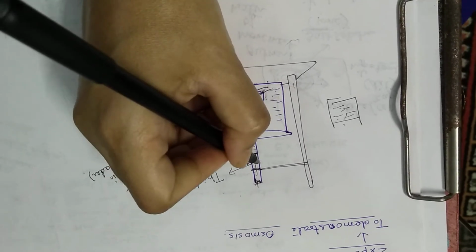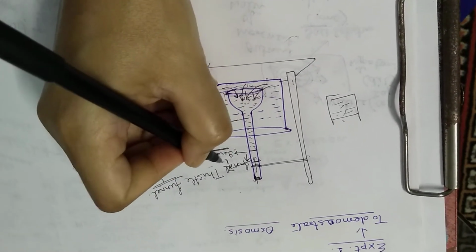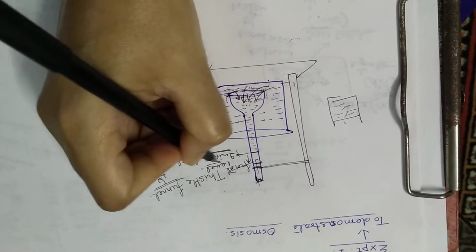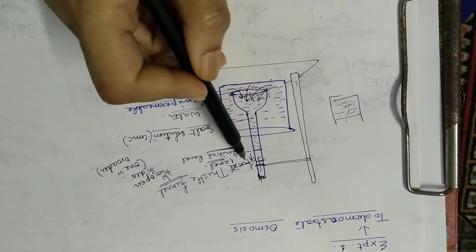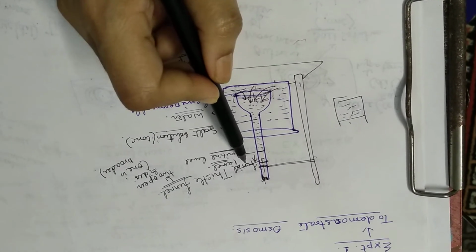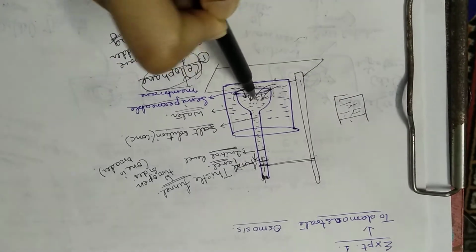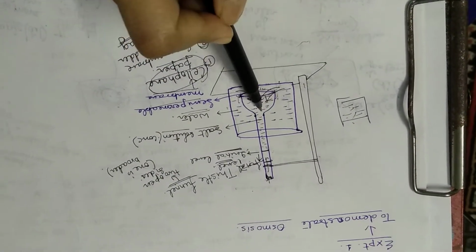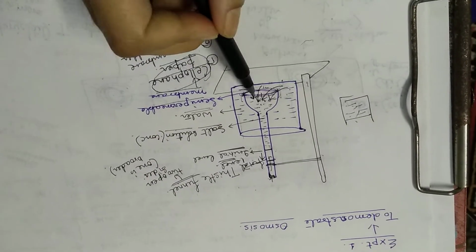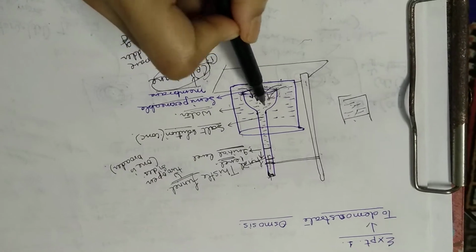It will be rising up, and somewhere over here we can just take the level and notice the level of the water after, suppose, 4 hours. Then we can see there is a final level of the water rising in the stem of this thistle funnel. So this obviously describes the process of osmosis in a better way, and through this semi-permeable membrane we can explain this process very nicely, that water is going inside.